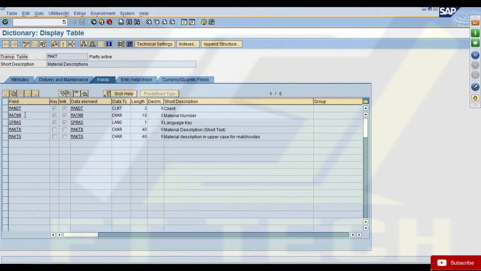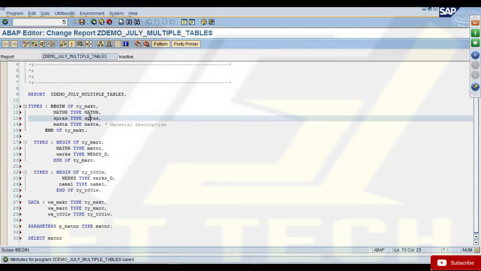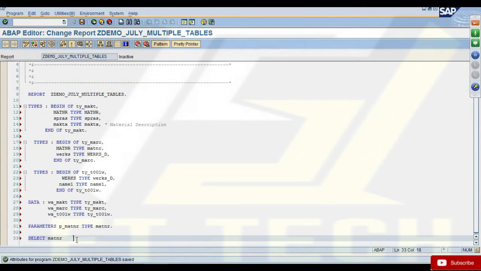So the order of the fields in the table is MATNR, SPRAS and MAKTX, right? And the order in which I've maintained my fields in the structure is also the same. The order in which you maintain your fields in the structure should be the same as the order in your database table. So when you write a select, you also need to select the fields in the same order.